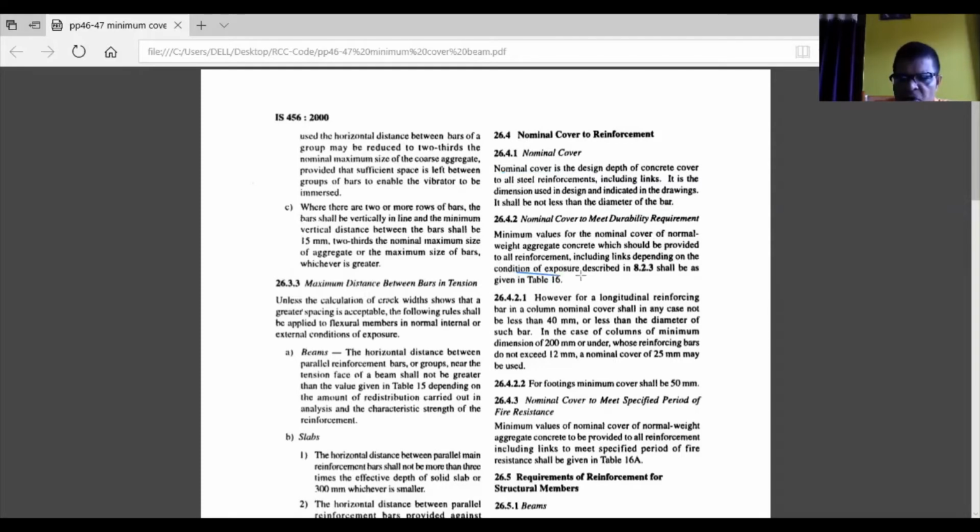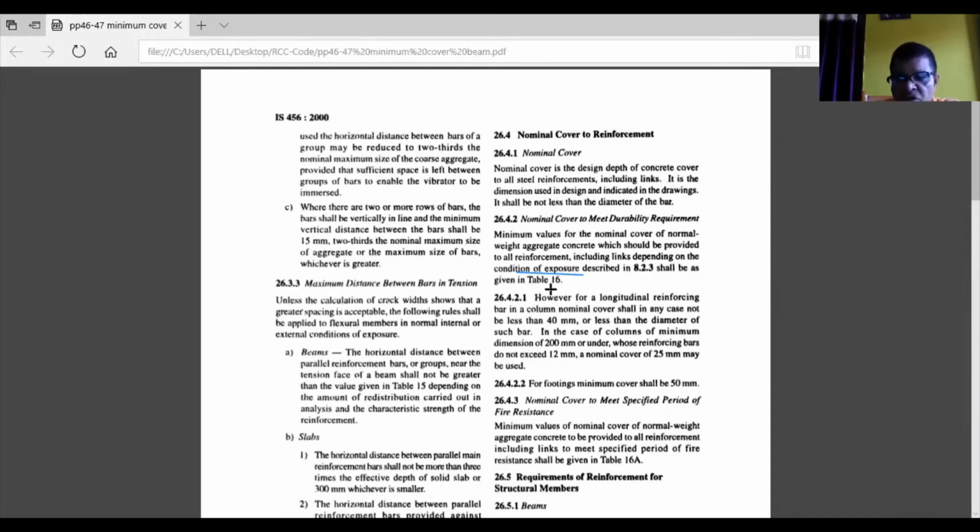That I have told you, the condition of exposure is very critical. You have already studied the kinds of exposure: mild exposure, moderate exposure, severe exposure, extreme condition exposure. There are various categories of exposure conditions already explained in the code. So you have to first find out what your exposure condition is.